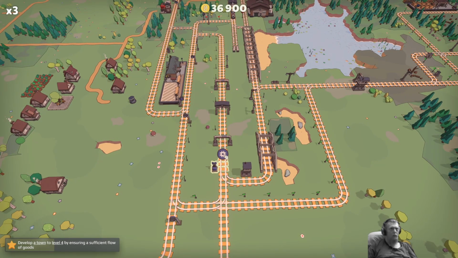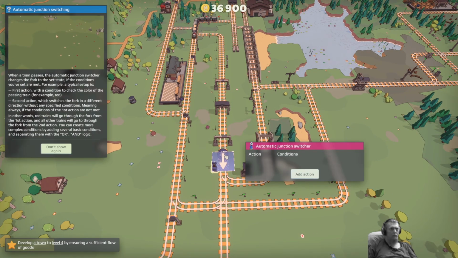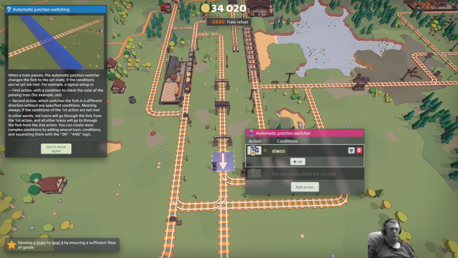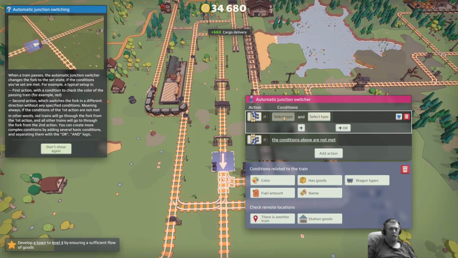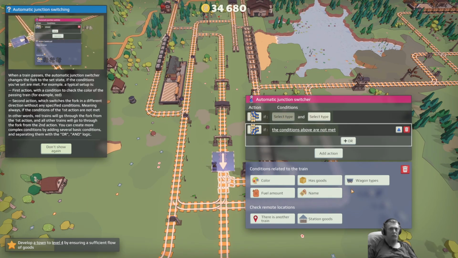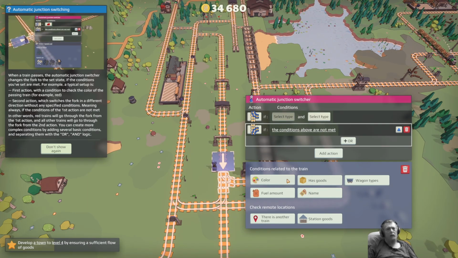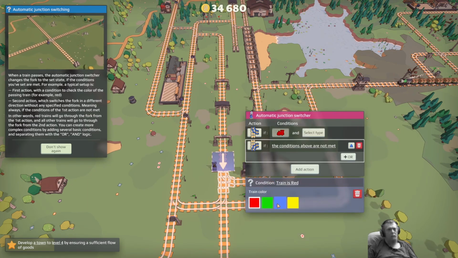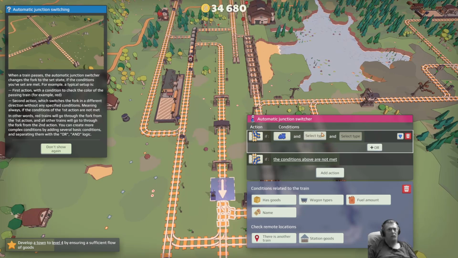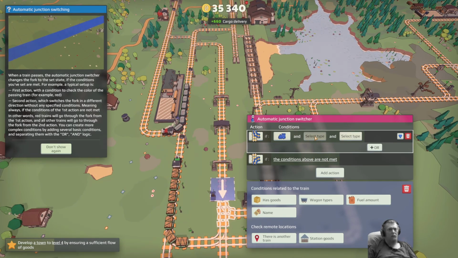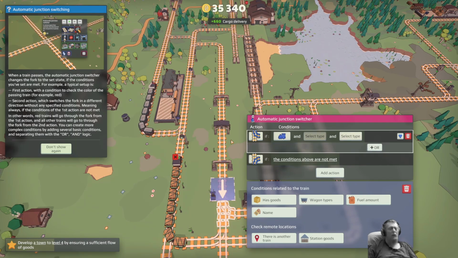But I want to switch it if it's brown. Switch if... what I want to be able to say here is if the colour is blue and it's pointing a certain way,